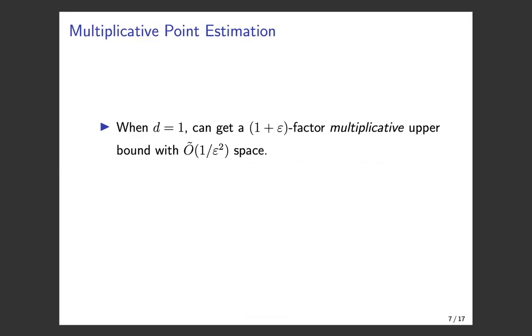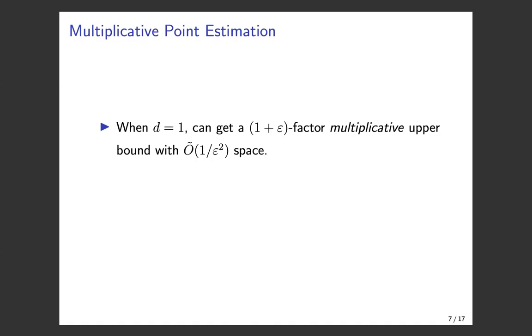Okay, and so I guess one perhaps natural question is, before even starting with an additive approximation, why can't we do even better? Can we get a multiplicative approximation? And so we show that when d equals 1, you can actually do this for point estimation. In particular, we show an algorithm that achieves a 1 plus epsilon factor multiplicative approximation with roughly 1 over epsilon squared space. So the same space as before, but this time we get 1 plus epsilon multiplicative instead of plus